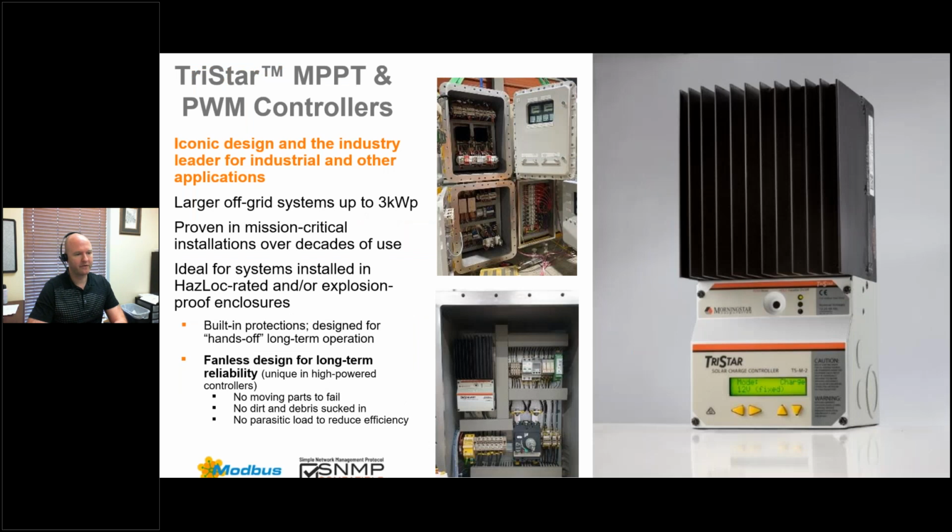Another product that we have in a higher power class is our Tristar family, and that also comes in both MPPT and PWM. And this is a great example of an explosion-proof housing. You can see from the thick walls and the many bolts that this product is actually integrated into an explosion-proof housing, for use in a higher rated environment, and is also a product that gets a lot of traction in HazLoc. And because of its high power rating, 3 kilowatts per controller, and these can also be paralleled,